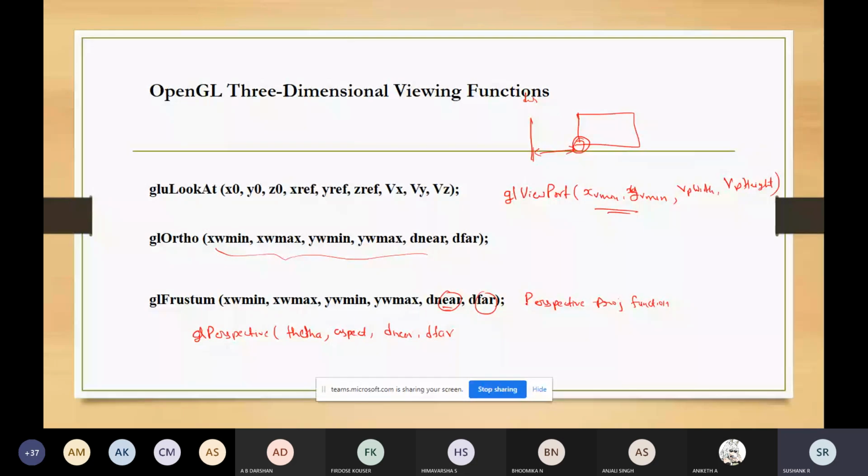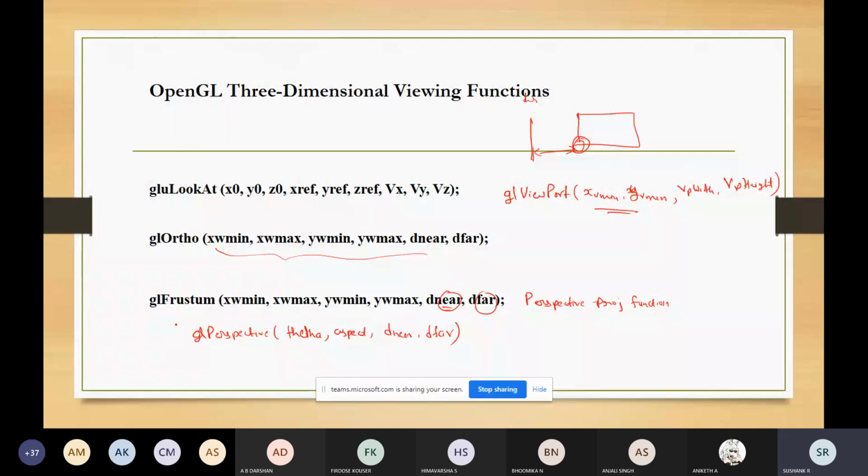What is aspect? It will maintain the aspect ratio of the clipping window, which is nothing but the ratio of width to height. And d near and d far give you the distance to the near plane and the far plane.